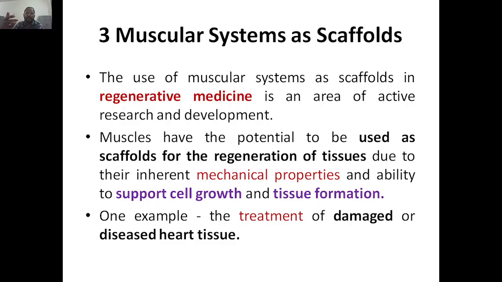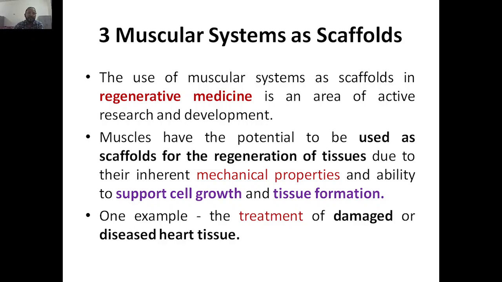Their inert properties. What are the properties? Mechanical properties, ability to support cell growth and tissue formation. Okay, so why are we having muscles? Because for mechanical strength, right? So we have the mechanical property in muscles, and also the muscles can support the cell growth and tissue